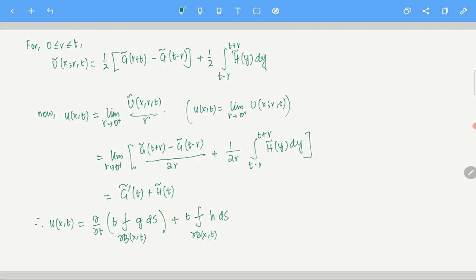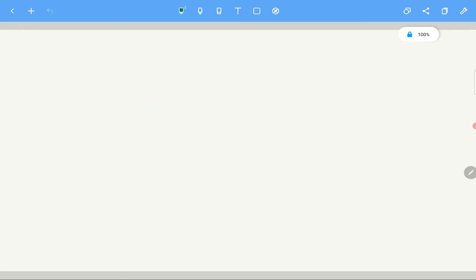Now, this is your u of x,t. Let me clarify this a little bit more. Therefore the first part, the integral over del B(x,t) of g of y dS of y, let's see what we can do with that. If you want you can write it like this, over del B(0,1). I am not doing this calculation, this has been done a lot of times, you can handle it yourselves. We just did it at the beginning of the class also.